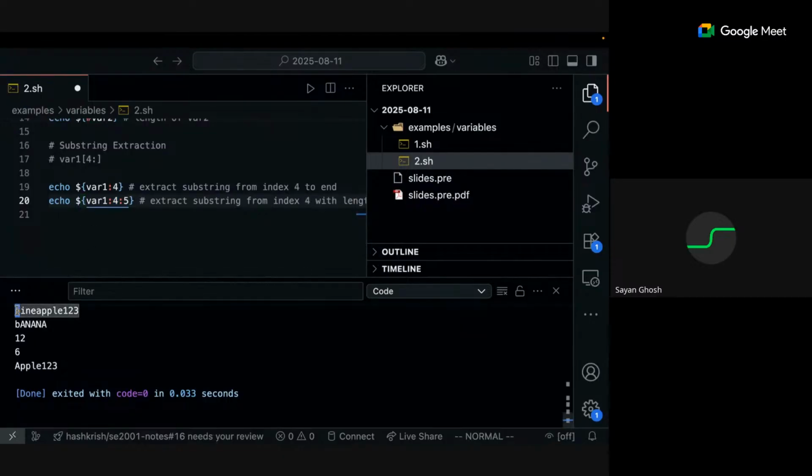Right? So you can see P is 0, I is 1, N is 2, E is 3, and A is 4. Right? So we start with the index 4 and we take 5 characters. So this is not an index, this is the length of the string. If you do that, then you will get